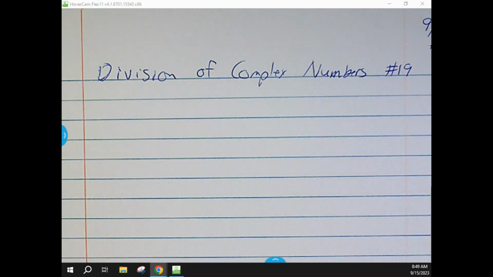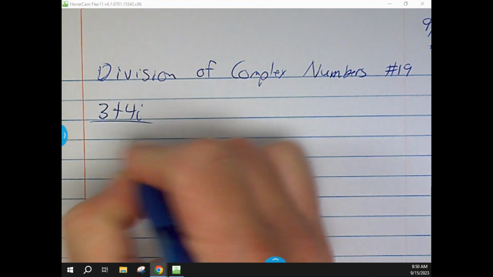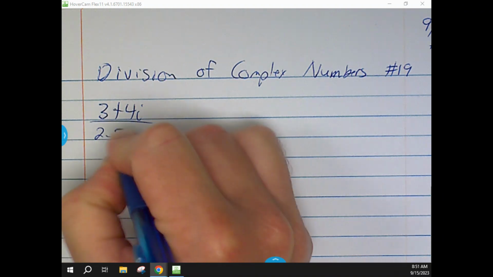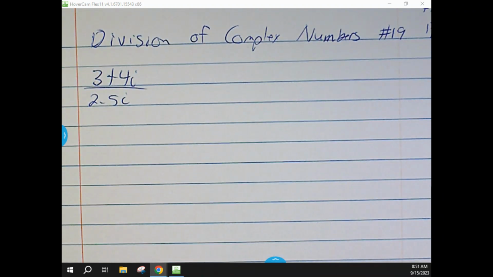Okay, so let's just show you. There's basically two different types of division problems that we're going to look at. So it looks something like this. There's your division of complex numbers. And we'll show you one in a minute where it looks a little bit different, but it's always along those same lines. The big deal with this one